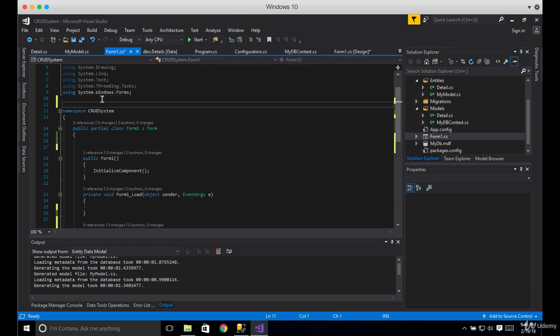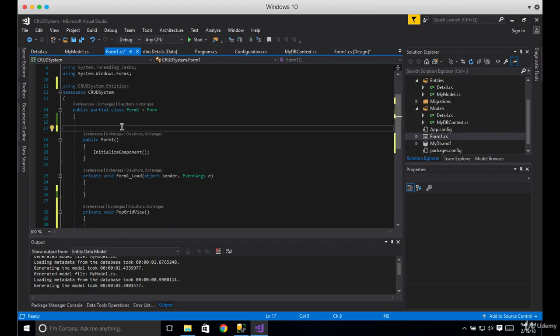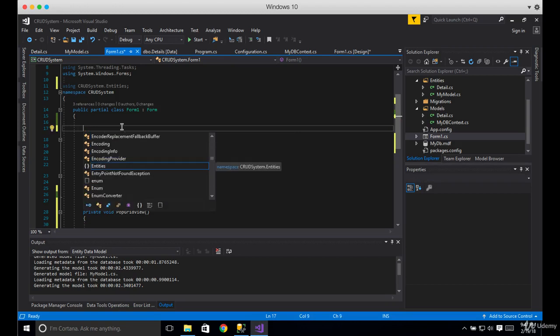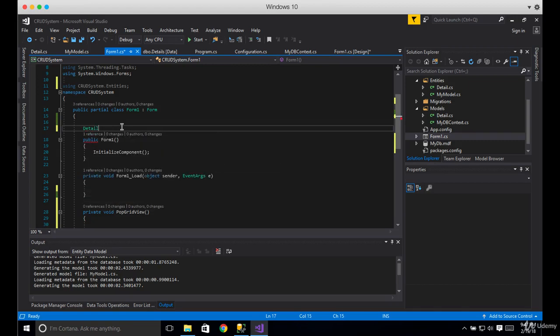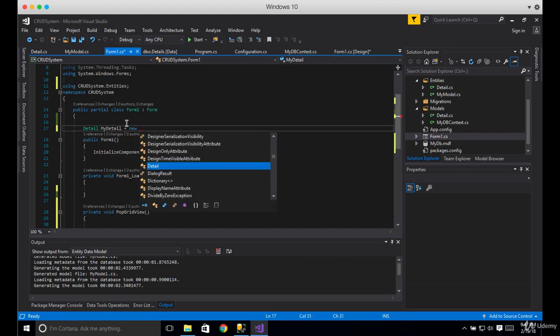put this using, which is the name of our project, CRUDSystem.entities, and then now we can simply call our entities, which is, let's see, entities, or I mean I should say details. My details equals new details,